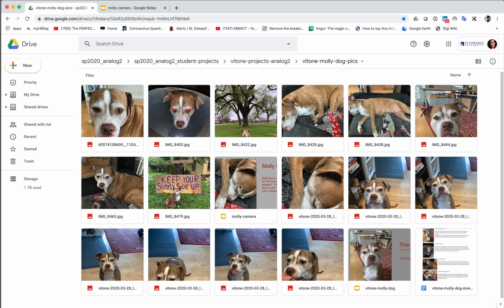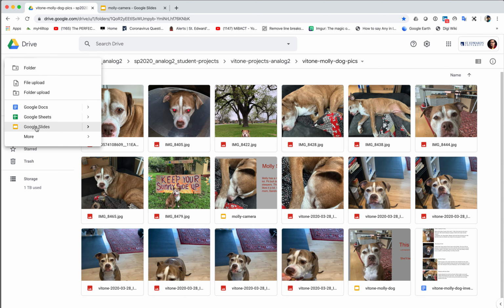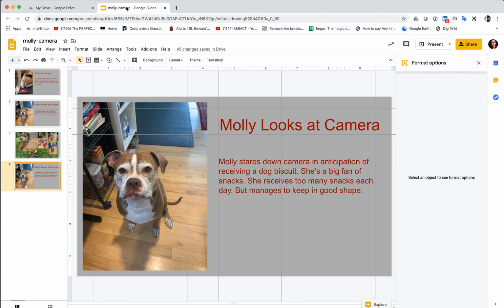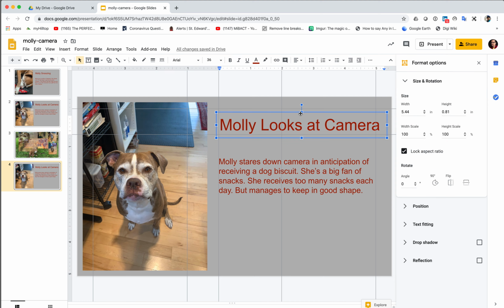Because I initiated the making of that slide deck within this directory, remember that, new Google Slides, since I started it within here, it's saved here. But let's click over here and work on it a bit. So I think I'll keep this picture, but let me get rid of this. With that strobing, if I hit backspace, it's just going to delete the letter. But if I click on, hit delete,